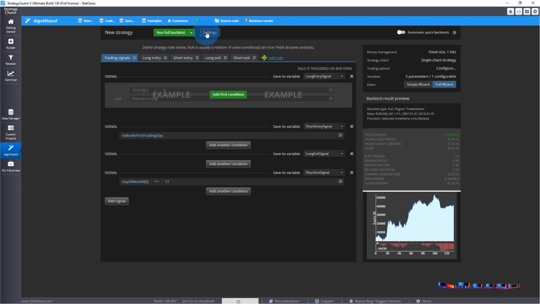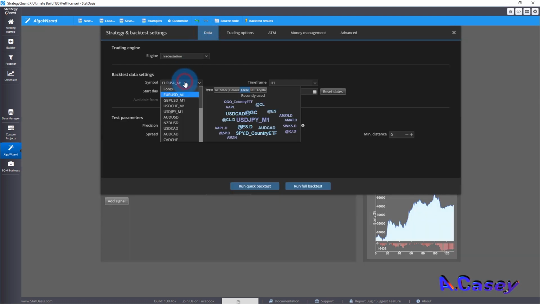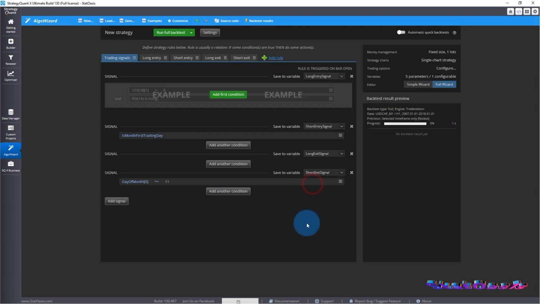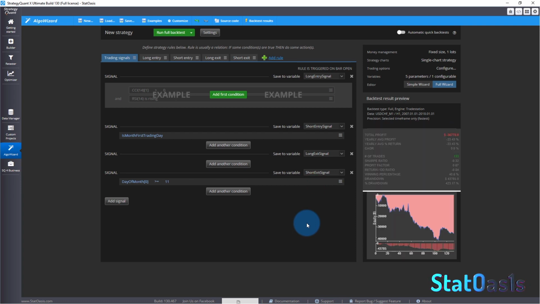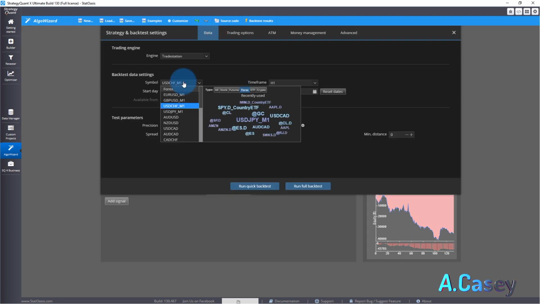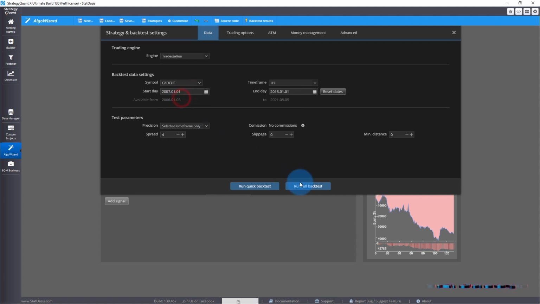And we can see that not all of them, because if I pick the Swiss franc and let's say the US dollar, it's also really good on the opposite side. So the Swiss franc is long the first week or 10 days of the month. And then the Swiss franc with the Canadian dollar,